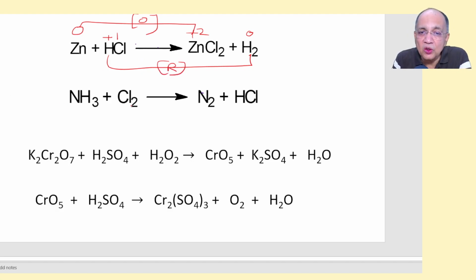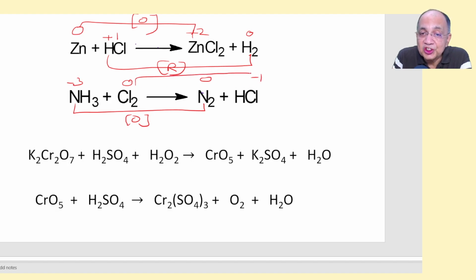Similarly, in ammonia and chlorine, nitrogen is in -3, this is 0, this -3 to 0 is increase, oxidation. So this is elementary state, 0 to -1. So this is a reduction. Now see how interesting is this case. When you react potassium dichromate with hydrogen peroxide, immediately you get this interesting compound, a very, very interesting compound,